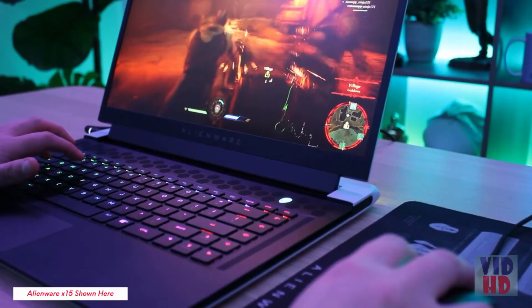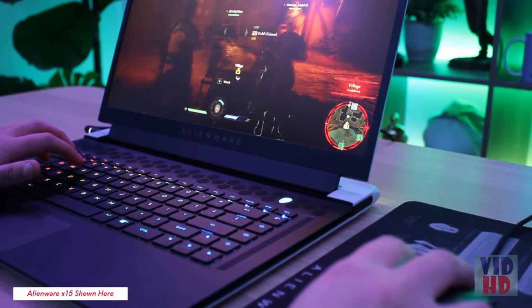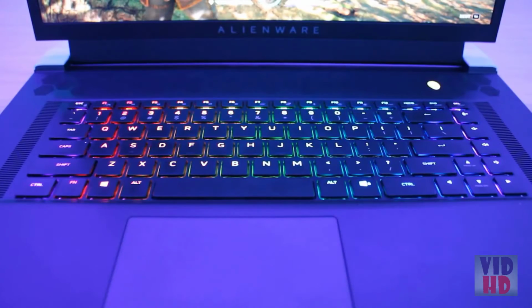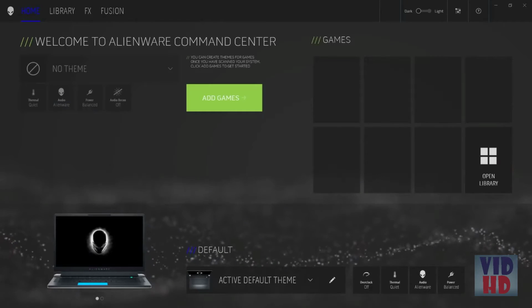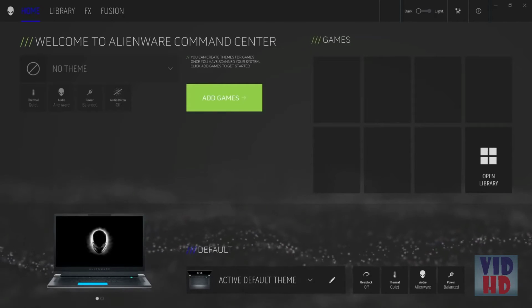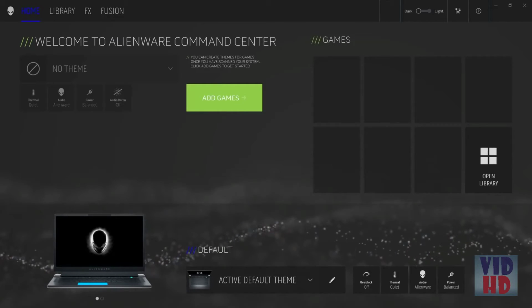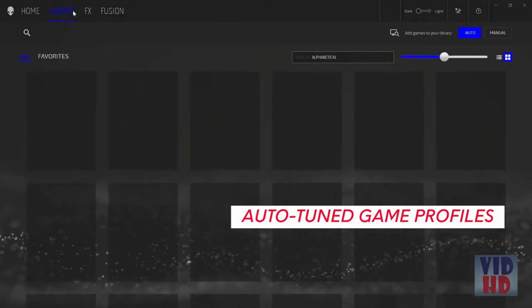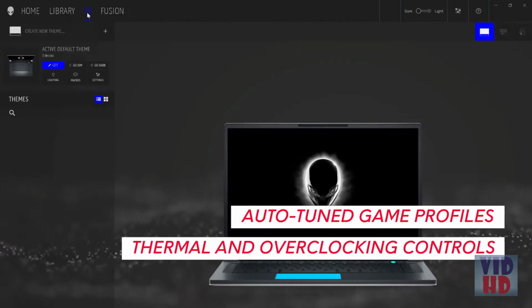since we needed to figure out how to create a binary mechanical switch experience, but shrink it down into a laptop. The X17 also features the new keyboard layout that you previously saw on the M series. Don't forget that you can customize your Alien effects lighting experience with the latest version of Alienware Command Center. These features are designed for the gaming community and include auto-tuned game profiles, thermal and overclocking controls, and the new